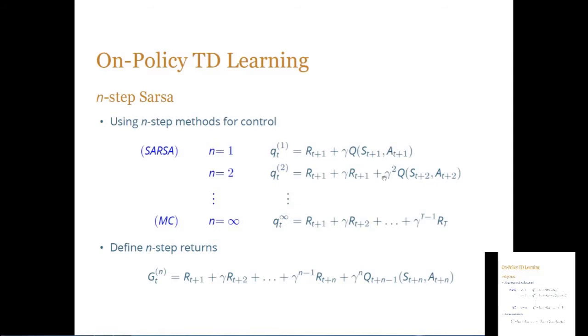There's a typo. Plus gamma squared times our guess from there on. And in general, if we take n to infinity, we recover the Monte Carlo update. Is that clear? So we're going to define this type of sum more generally as G_t^n, and this will